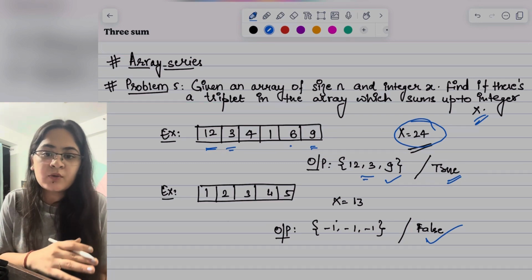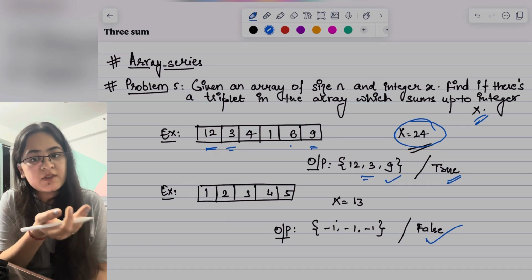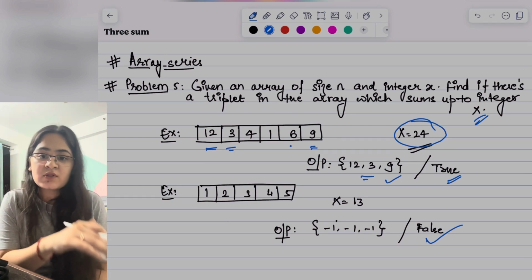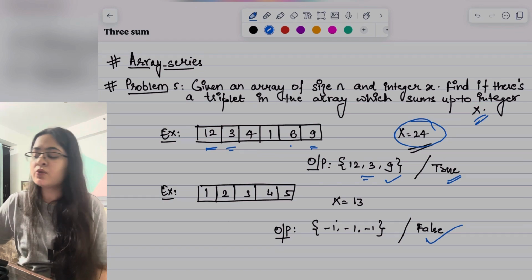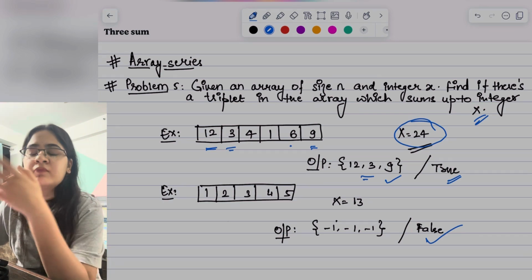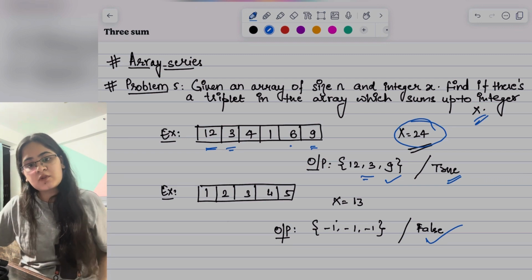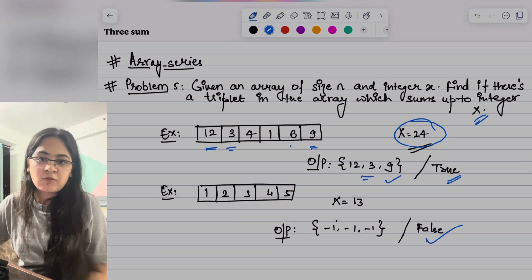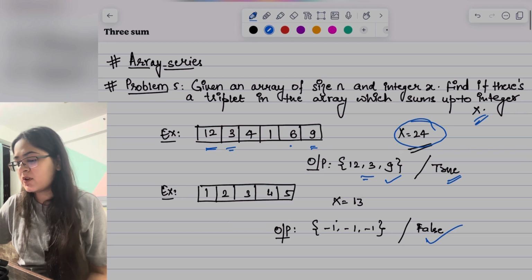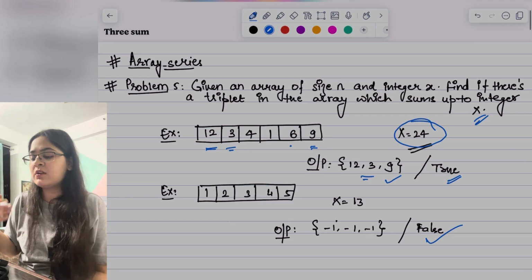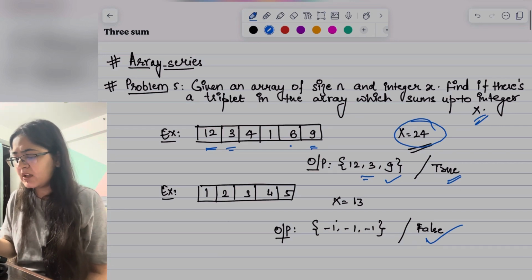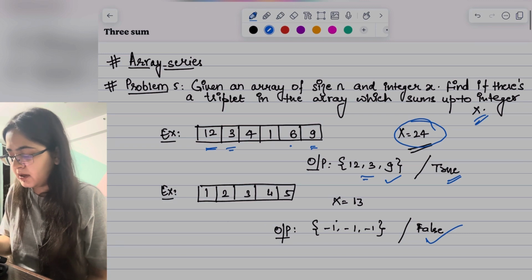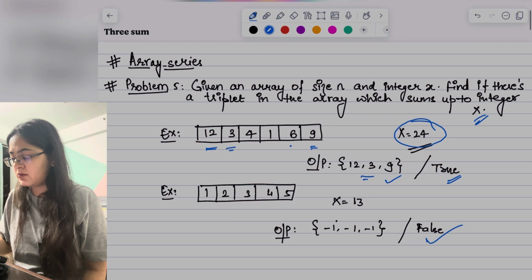So now what we are going to do is we are going to see different approaches to solve this problem, and we are going to start from the very basic approach, and along with that we are going to see the code for different approaches of this problem, along with the time complexity and space complexity of these approaches. We are going to start from the very basic approach, and little by little we are going to optimize those approaches. Let me write the example again. So it's 12, 3, 4, 1, 6 and 9, right? First example is this only.